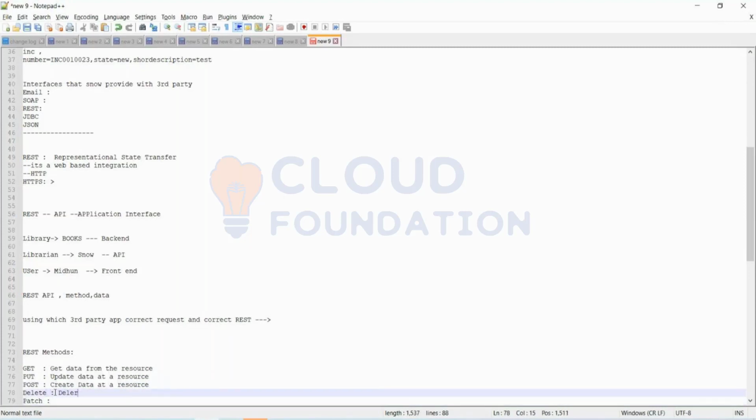Delete is going to delete the data at a resource. And next is patch, which partially updates the data at a resource.